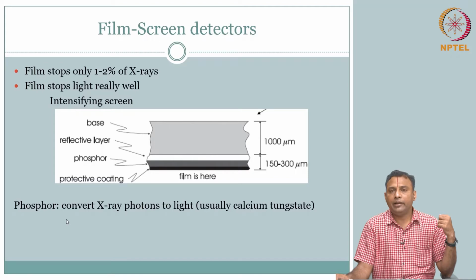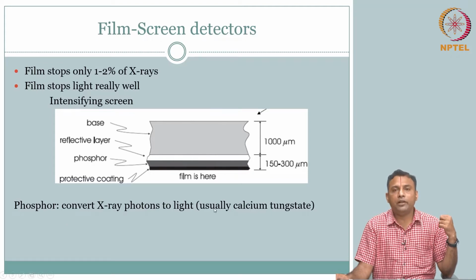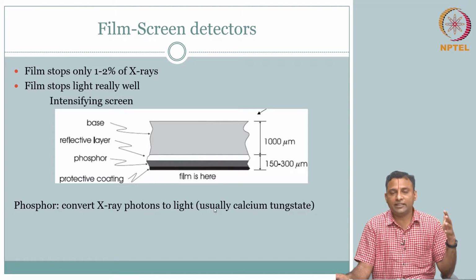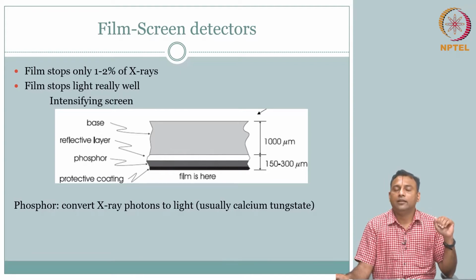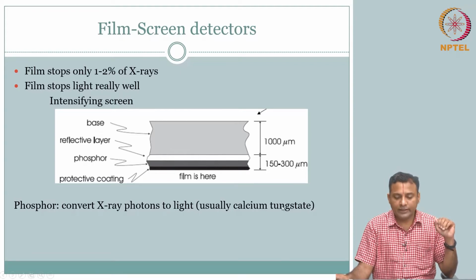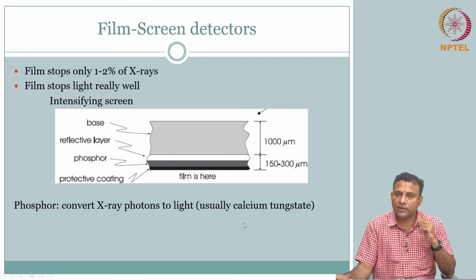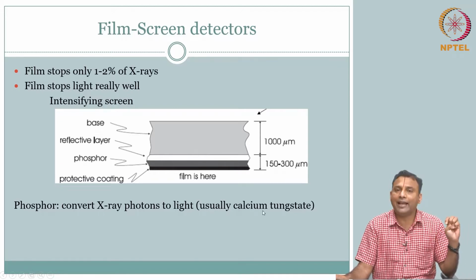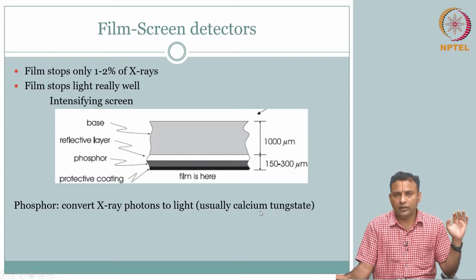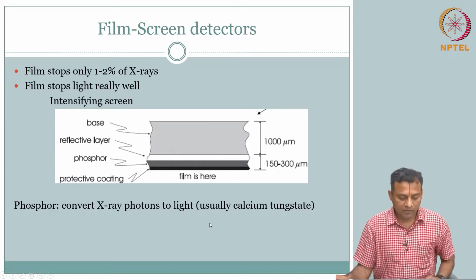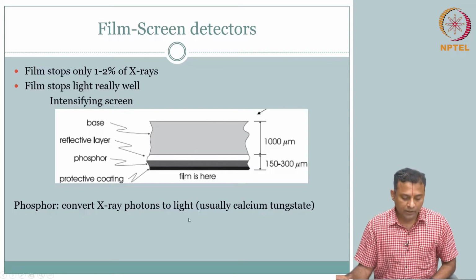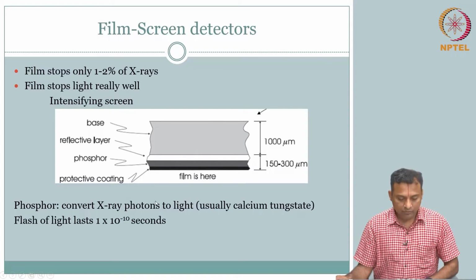And this is quite popularly used until recently, when your digital X-ray started to come and your rare earth materials started gaining prominence. Calcium tungstate is one of the staples, the one that is mostly used. It is well characterized and has been used for a long time and profitably so, and that is why it has withstood the test of time. So, that is the active material.